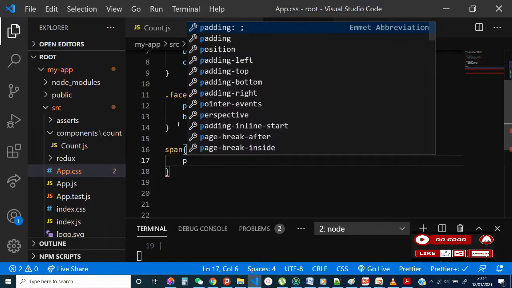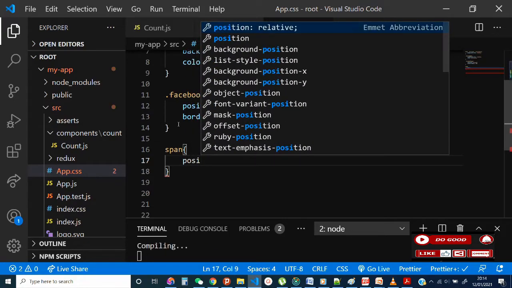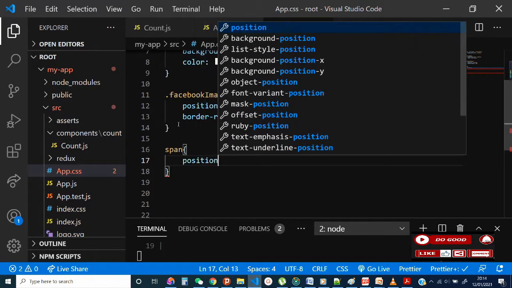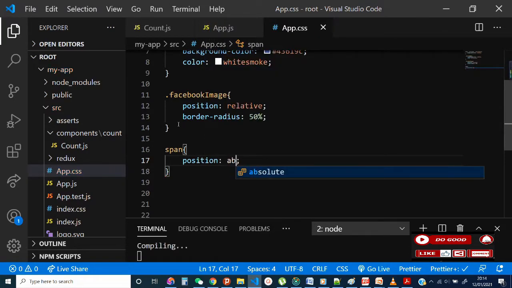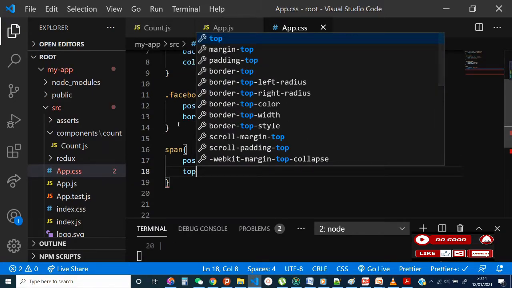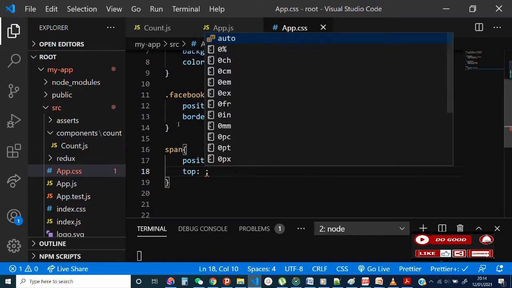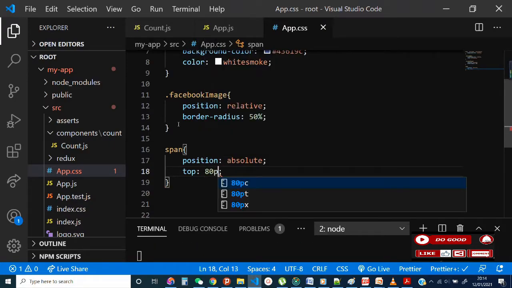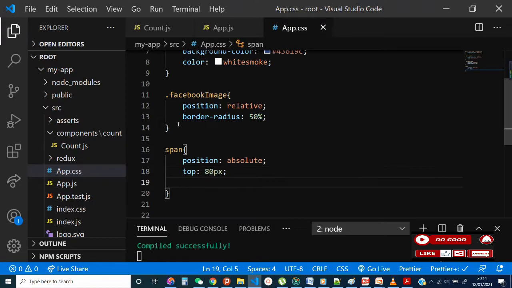Give it a position absolute. Then we give it top of 80 pixels, then left 320